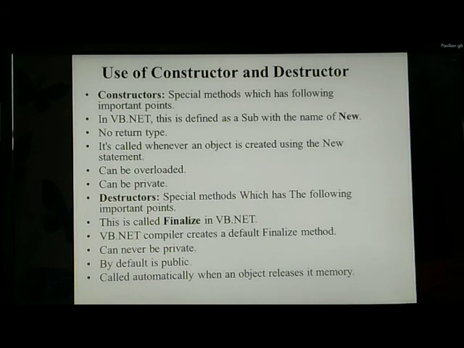By default, it is public, called automatically when an object releases its memory. And this is the last method, as we have seen before, the last method run by a class.